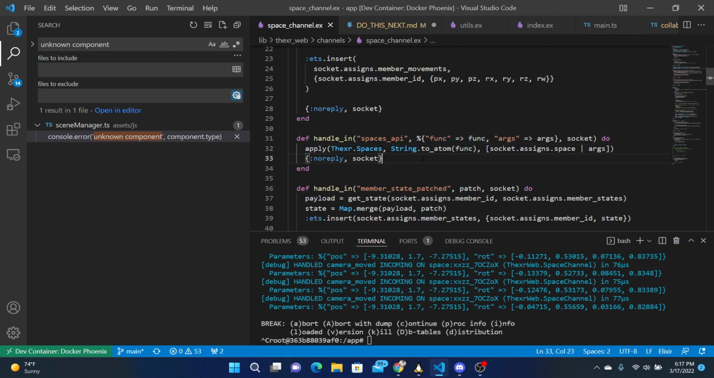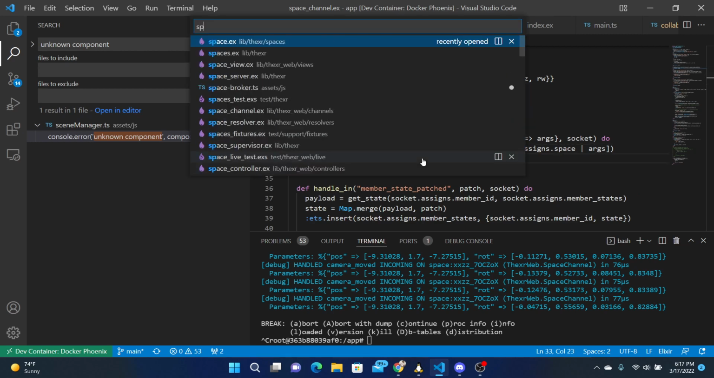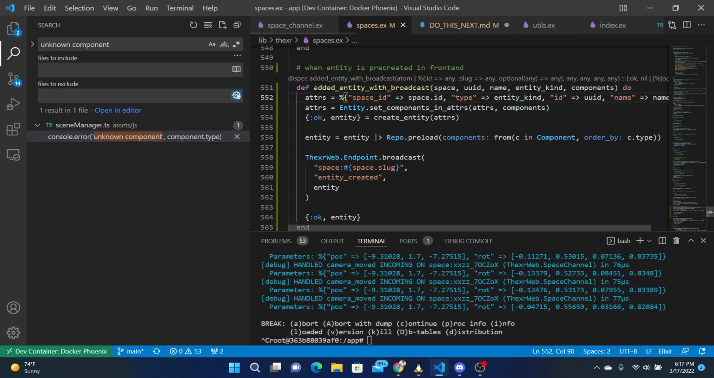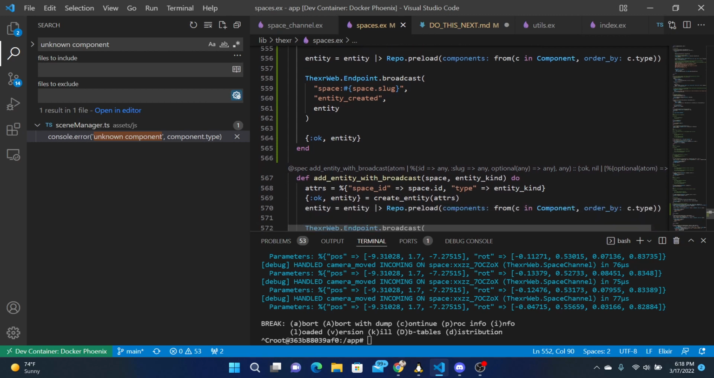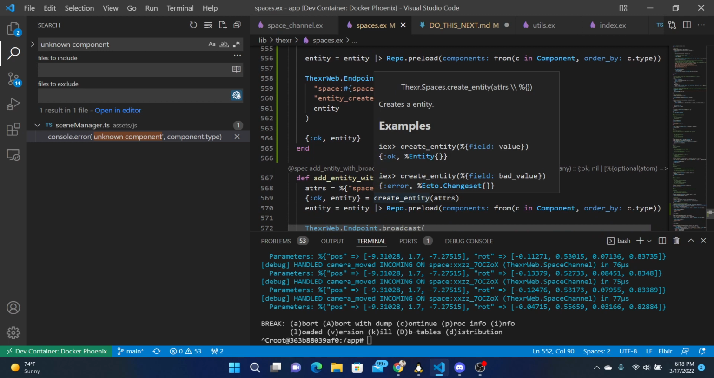So we added a new function to the spaces API. It's the same as add entity with broadcast, where with add entity with broadcast, we're asking the server to add it. Please add it. Here's the space, and here's the entity kind. And then this thing will go and create it and broadcast it with default components at the origin